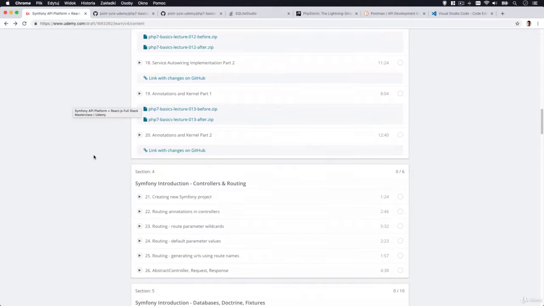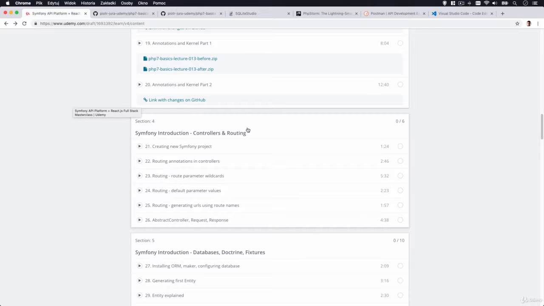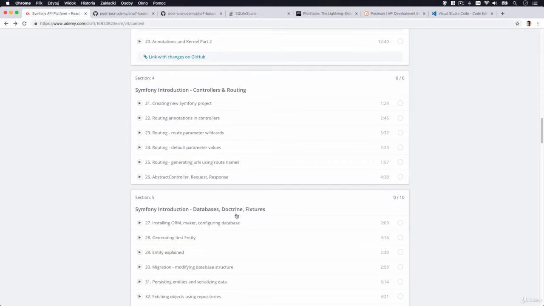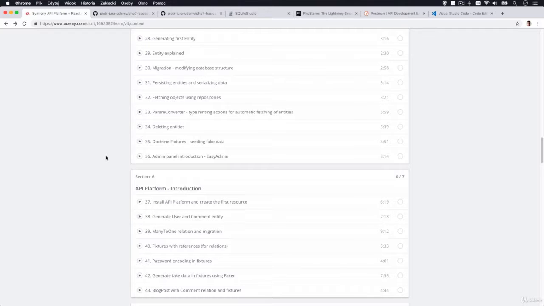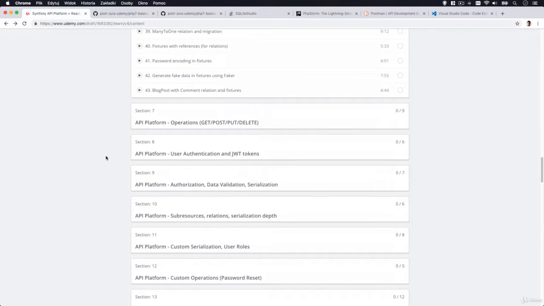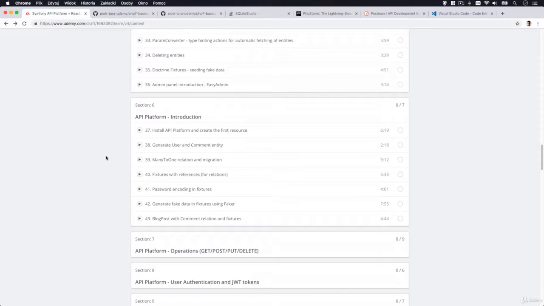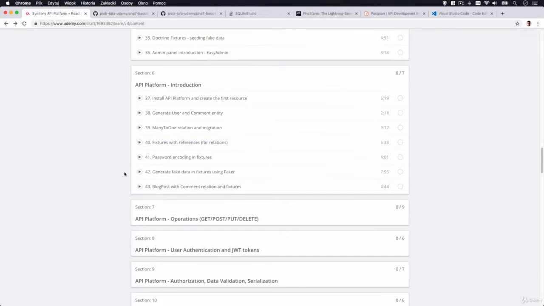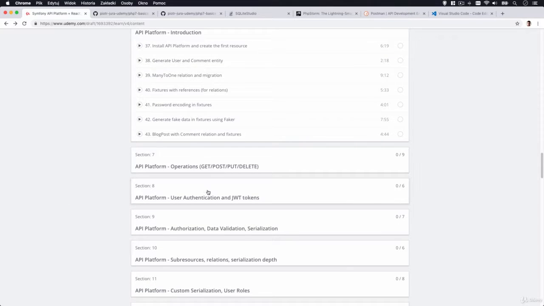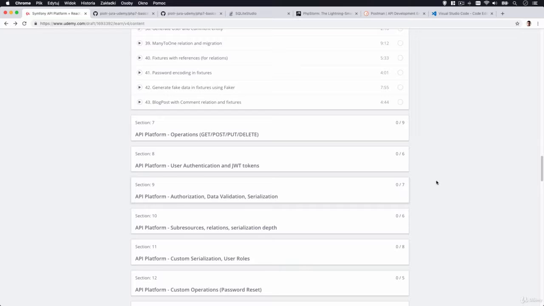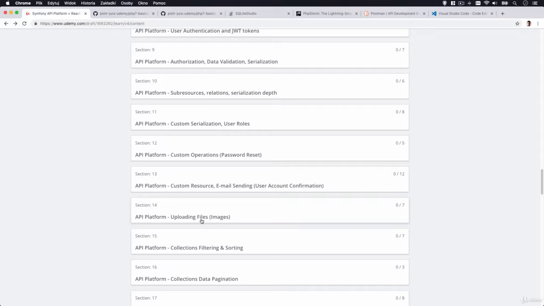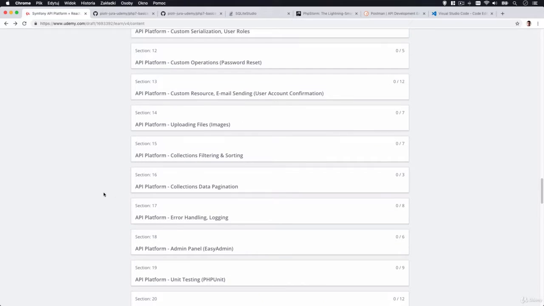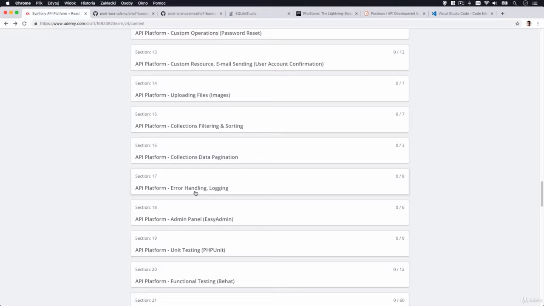We will cover the basics of the Symfony framework itself, so the controllers, the routing. We'll go then to the basics of the databases, the Doctrine ORM, and then we dive straight into the API Platform. There's lots of sections about the API Platform and how to use it with Symfony. So there's the introduction, we'll talk about the operations, user authentication, tokens, authorization, validation, serialization. So everything you will need inside your API, even uploading files, filtering, sorting,